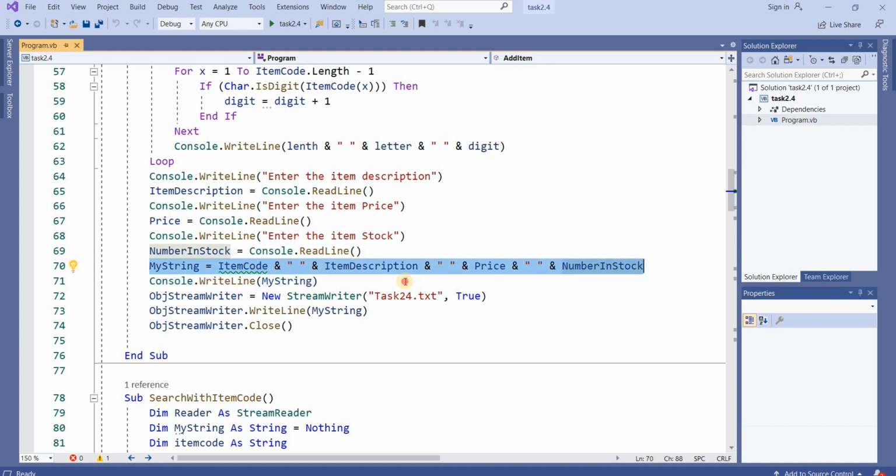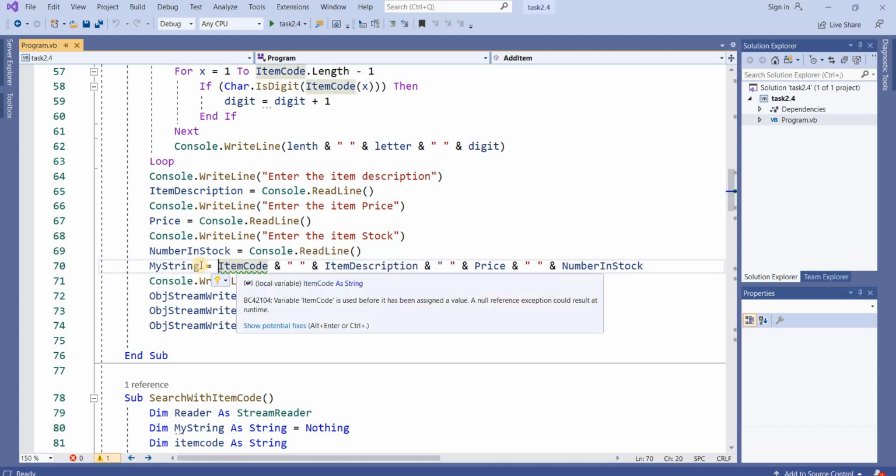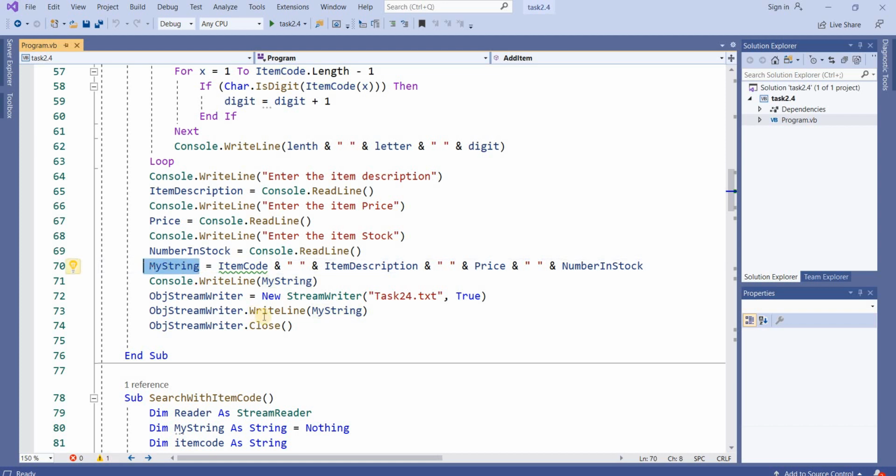This is not just a message, this is stored into the string. It combines all these inputs into one string, that is my string. Then console.write line of my string, and obj, a new StreamWriter for task24.text, equal to true.